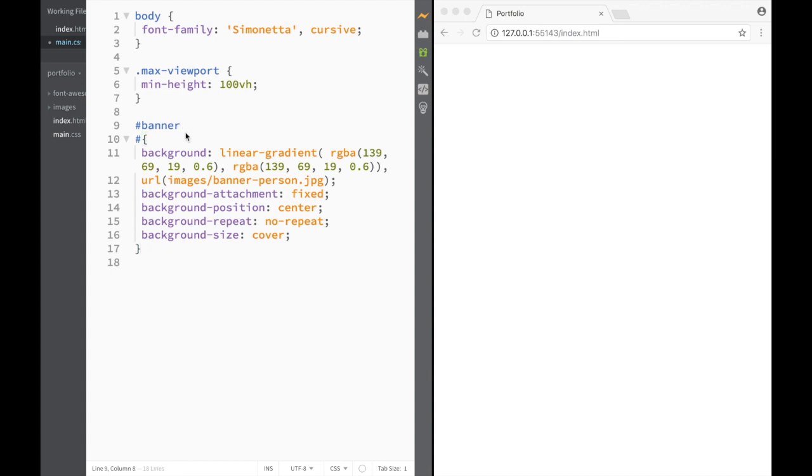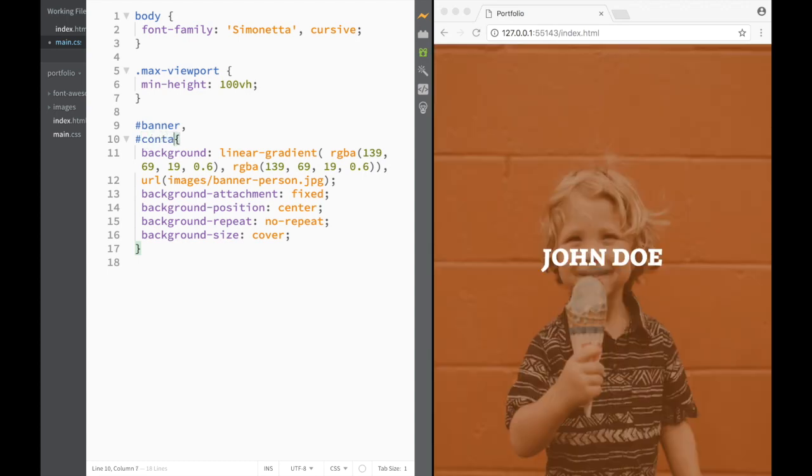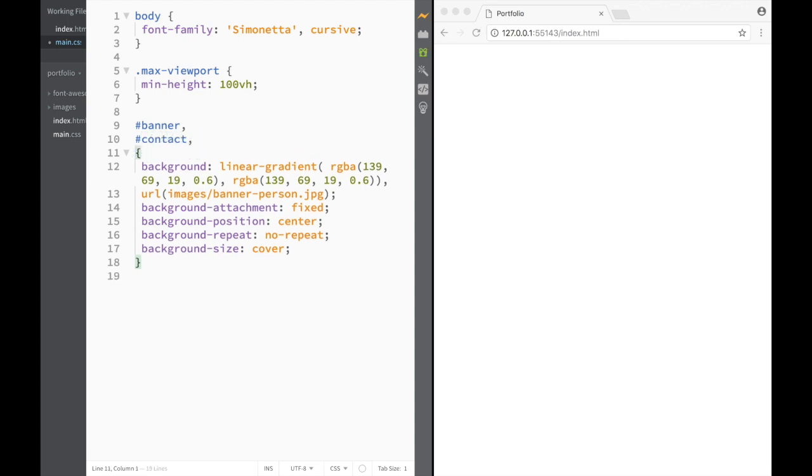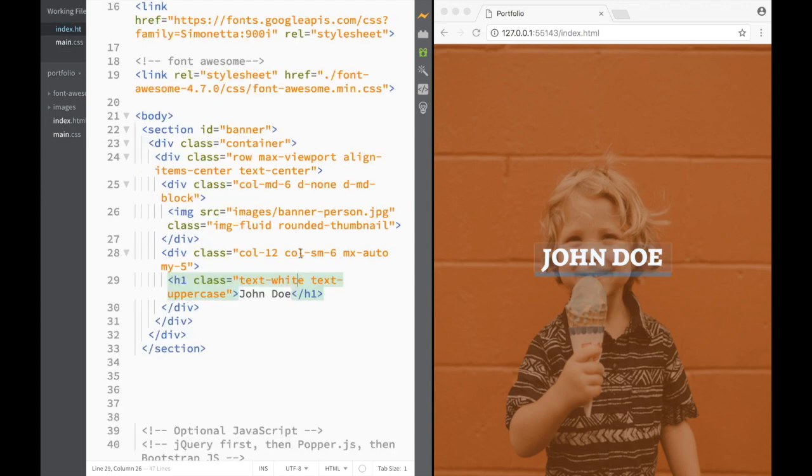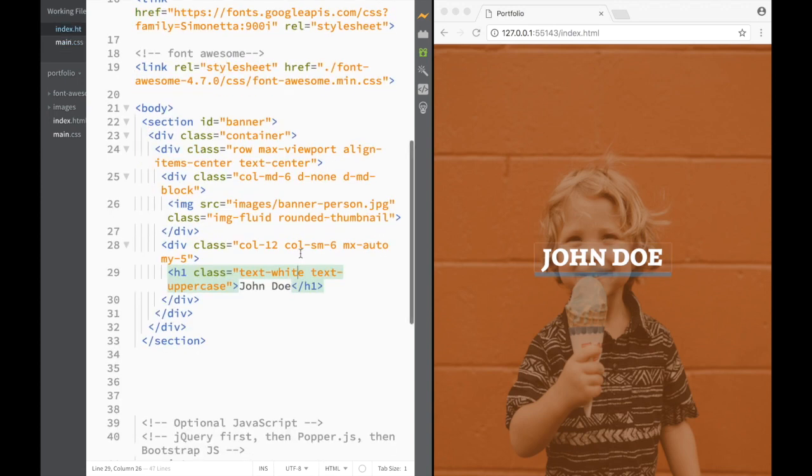So over here, I need to place this comma. And over here, I'm going to say this is going to be contact, and then we're going to say this is going to be social. Don't worry about them right now. These are the two IDs that we're going to be creating later on. And now we can go back and continue working over here with this